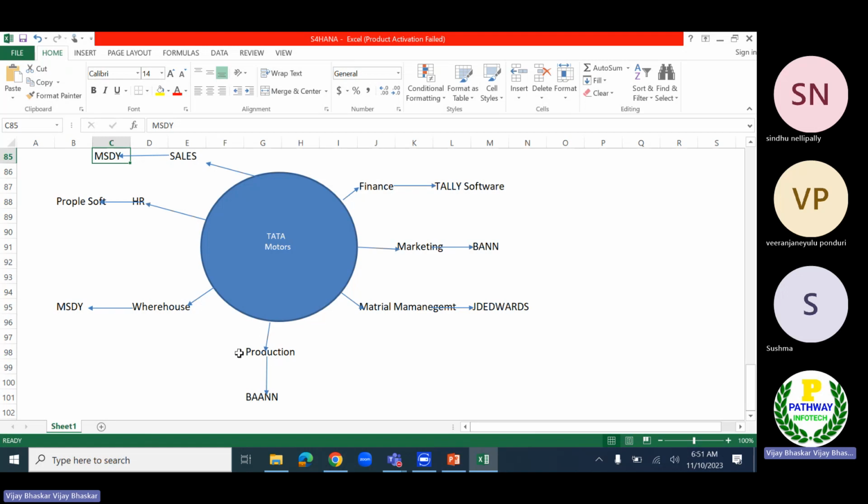Again, the production department needs to approach the warehouse department. So the warehouse department will check whether we do have sufficient quantity or not.